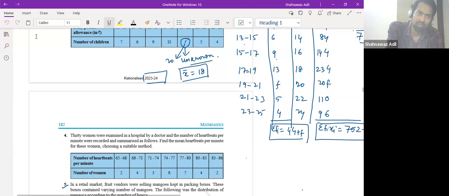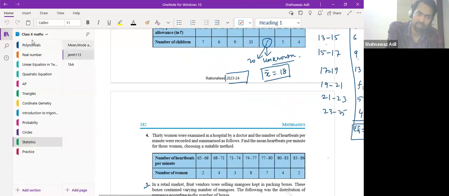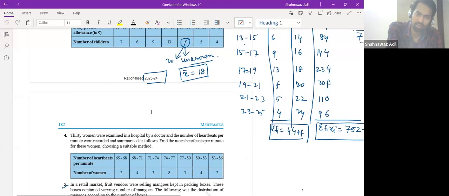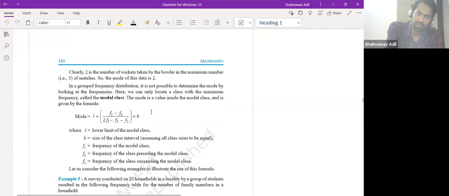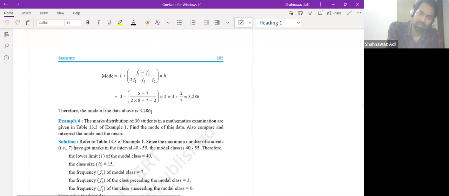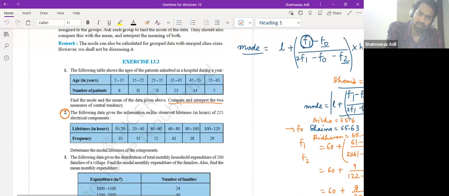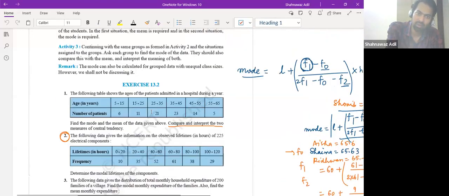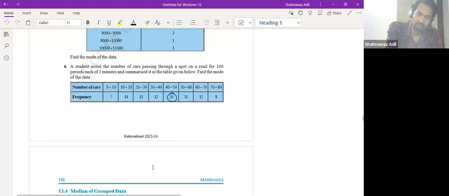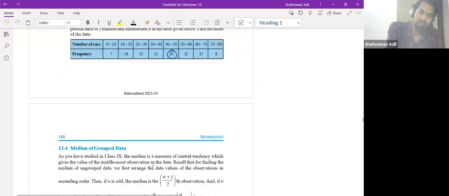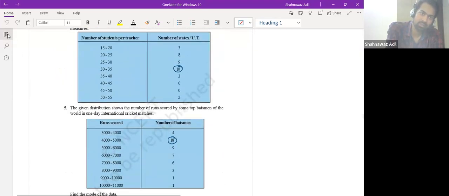Now let us talk about this mode, because we have talked about it and all the questions are the same ones. Only the numbers are different. Okay, so now the next topic is